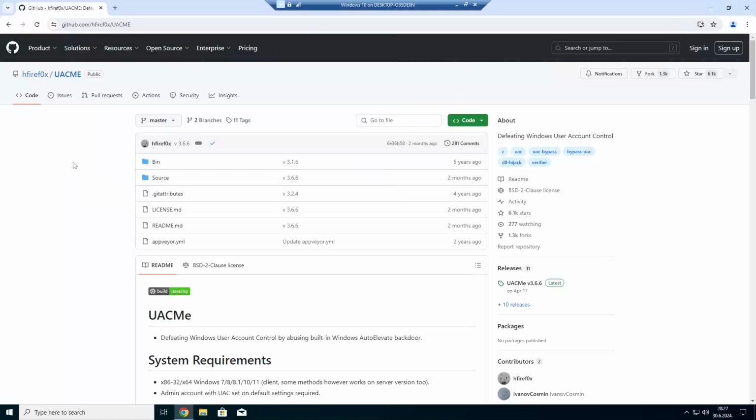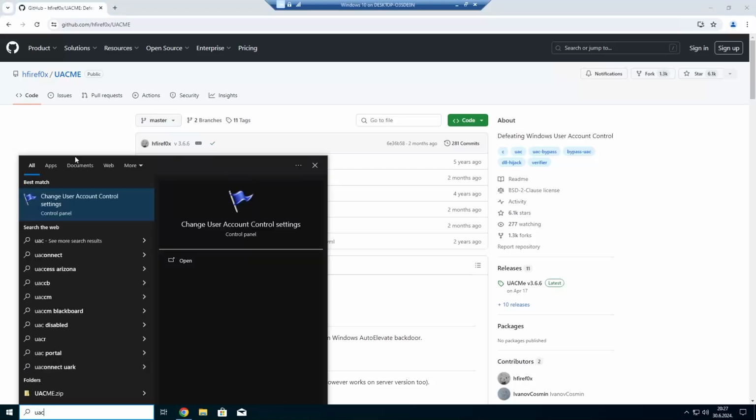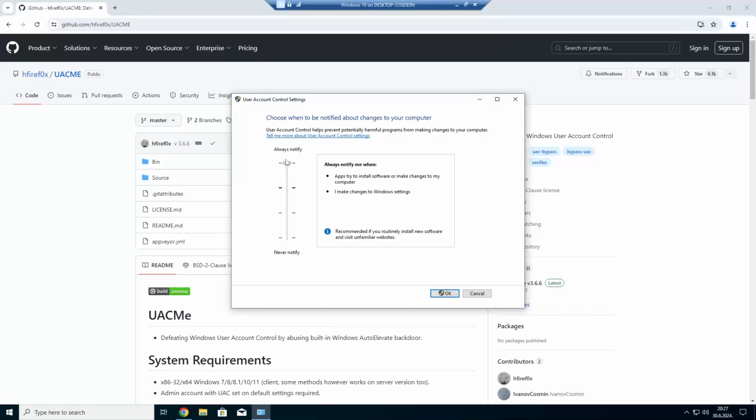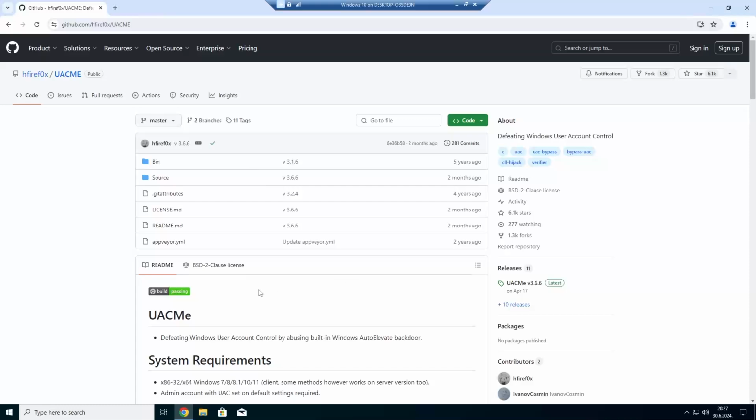the UAC prompt. Now, in order for any of these bypasses to work, the UAC level cannot be set to highest. If it's set to highest, it isn't going to work. If it's set to the default setting or even lower, it's going to work fine. So just make sure that this isn't set to always notify. Anyway,